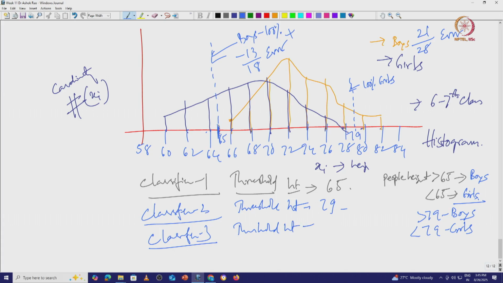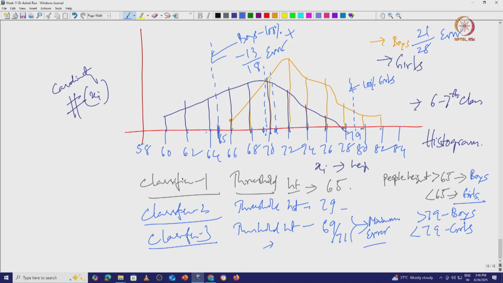Suppose I select here either 69 or even here 71. You can work it out, you will actually get minimum error for this problem. So, the best solution for you is to select threshold 69 or 71, which will give you